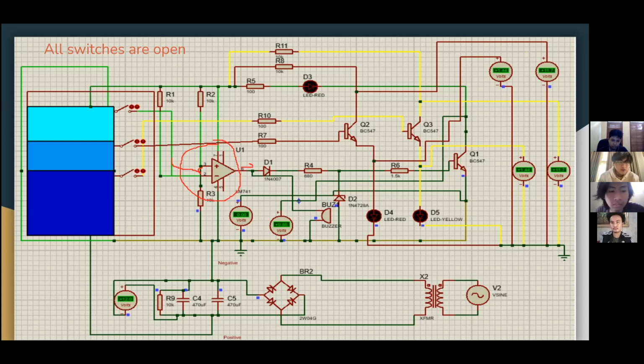There is also a resistor here. These resistors act to control the voltage, so that there will be a difference in the voltage at the terminals of the op-amp. Because if the voltage in both terminals is not different enough, or there is no significant difference, there will be no generated voltage here in the output.